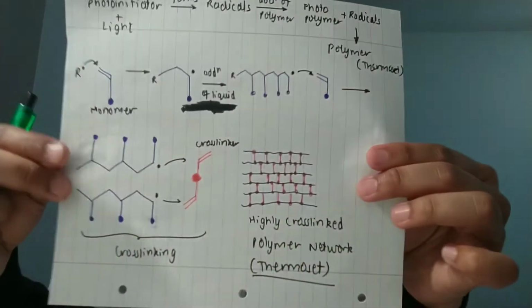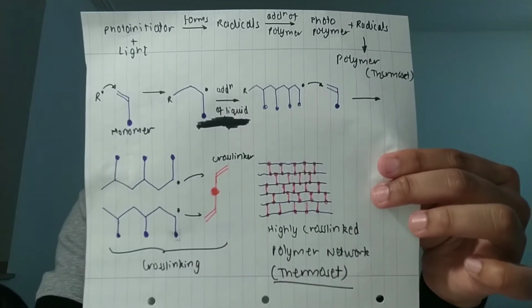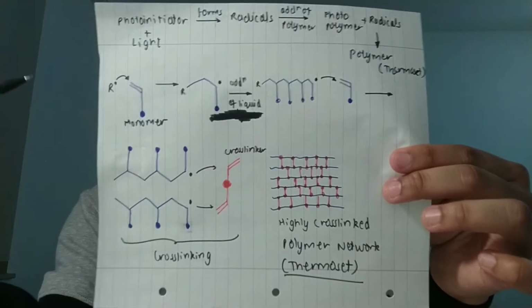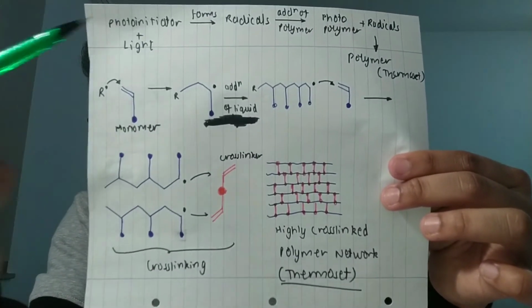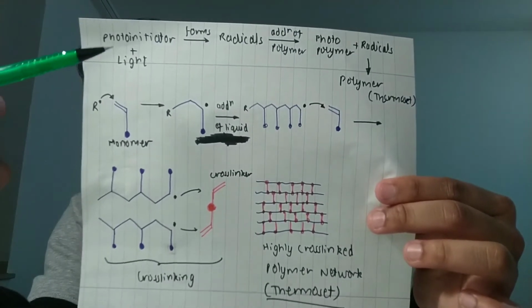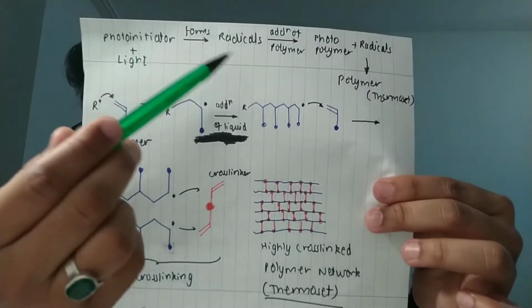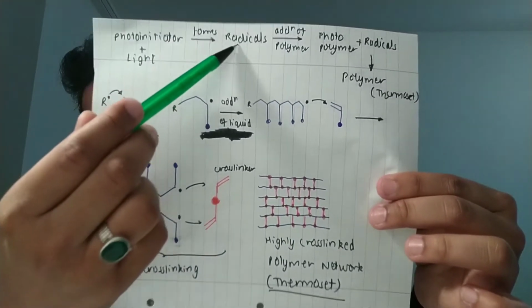I would also like to discuss the principle of layer generation in stereolithography. For that, let us consider this diagram. In stereolithography, we know that there is an interaction between the laser light and the photopolymer. So basically, there is an interaction between the photoinitiator and the light. Photoinitiator is just a molecule in a photopolymer. This interaction between the photoinitiator and the light forms radicals. These radicals initiate the radical polymerization reaction.